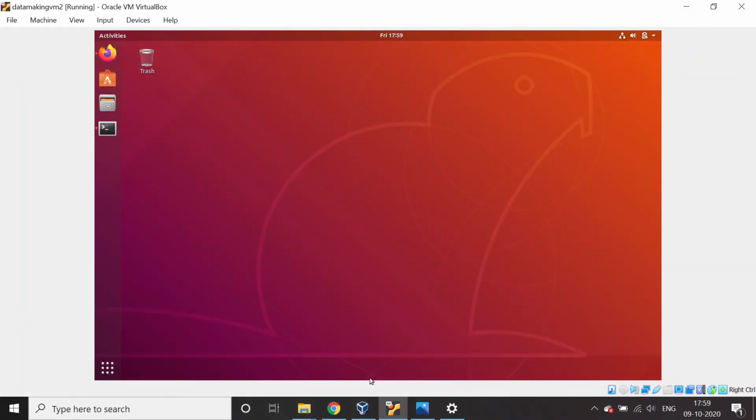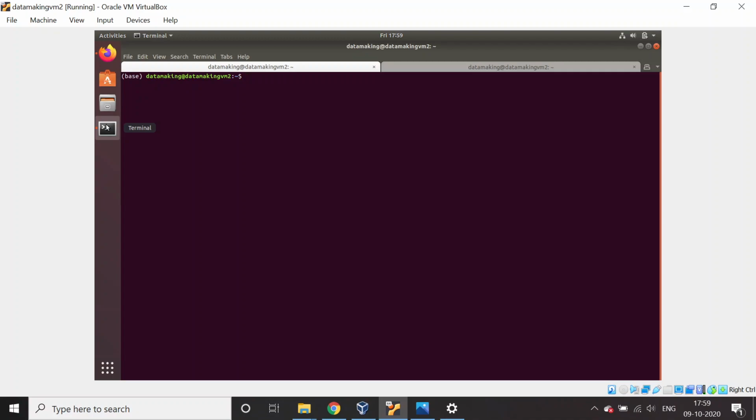So log on to your virtual machine and start your terminal. If you want to work on Spark, Spark provides different APIs in terms of different programming languages. It provides a Scala API to work with the Spark engine.